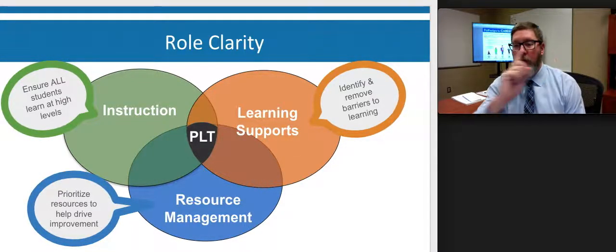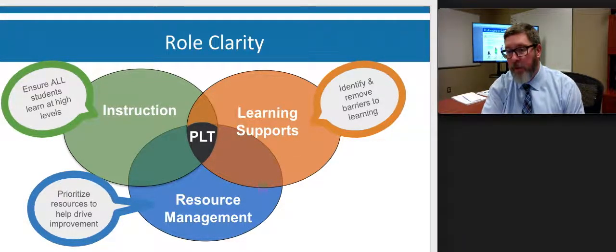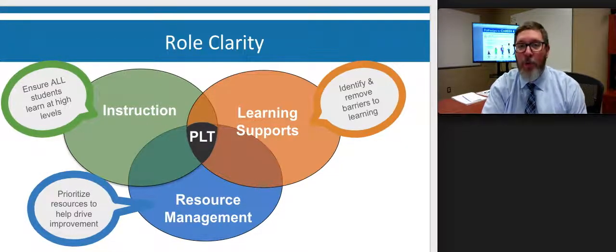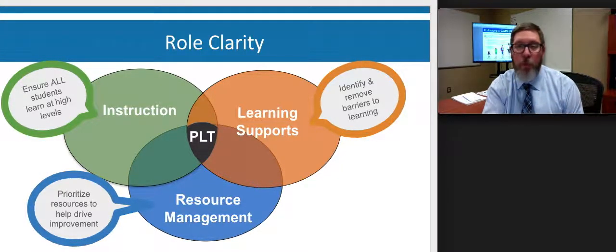And if you can see over my shoulder, I have that graphic. My large head is blocking it most of the time, but you'll see these posters around your buildings and around the district. And really, they're a visual representation of our strategic plan, making sure that all students leave us at the end of their time with Bloomington Public Schools prepared and ready for a career or college that will lead